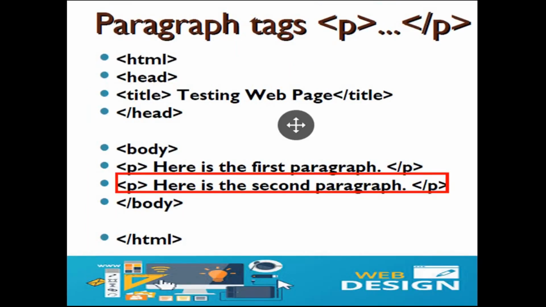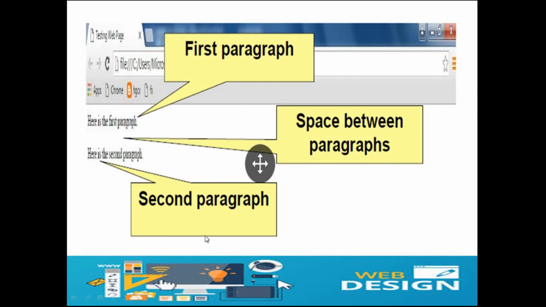So now next is about our paragraph tag. See, what is the paragraph tag? The paragraph tag starts with P and closes with P. It is used in the body part. By this I am making 2 paragraphs. One is, here is the first paragraph, and second is, here is the second paragraph. I am using the starting tag here and closing here. See, what is the output of this? This is the output. The title is there. This is the first paragraph, and this here is the second paragraph. So there is space between the paragraphs. Okay.